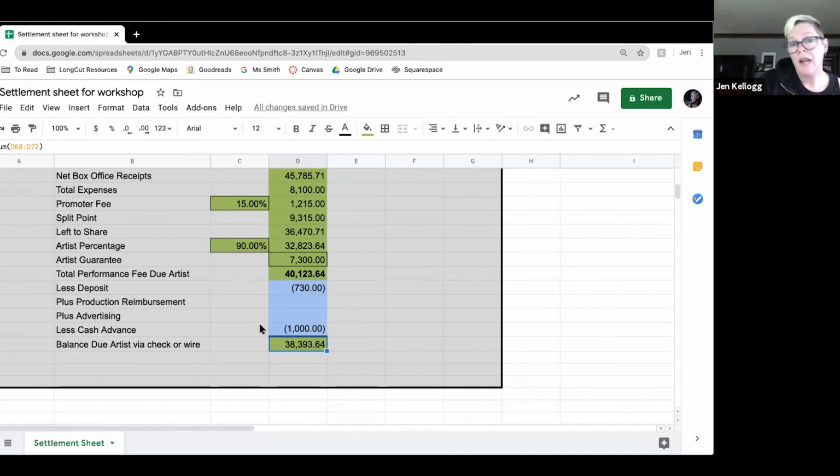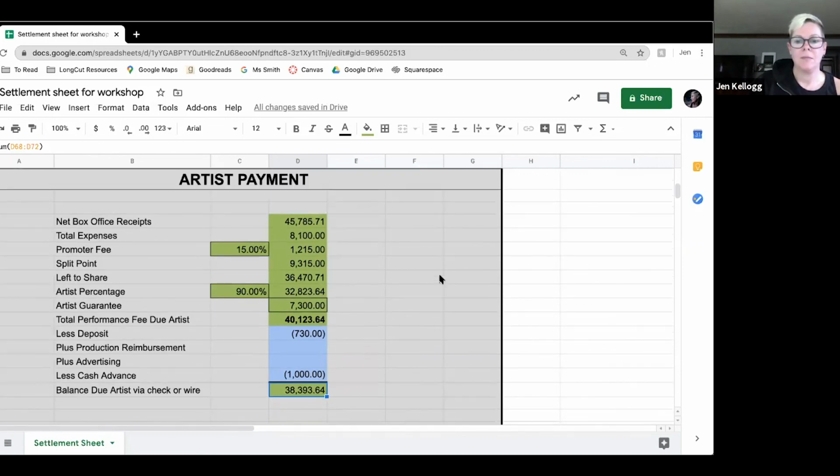Other things you might want to add onto your settlement sheet is what was the promoter's profit, and in the end, there's the promoter fee, but any additional profit, a lot of times that'll be included on the sheet. And you'll kind of get going on a tour and discover you get asked the same questions over and over. On Warped Tour, I was asked every single day, how did this show do last year? So I built a thing into the sheet so I could see last year's ticket sales. So stuff like that you might find